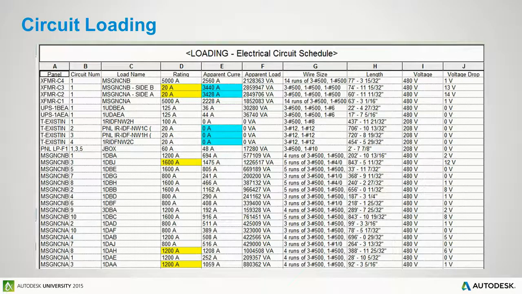So on this schedule, I've highlighted two things. First, I've highlighted the rating, looking at whether it's overloaded or not. Because sometimes loads change on us and we don't always go back and check them. So we're looking at whether the mains are overloaded. The other thing that I've highlighted on here is any circuit that has a 20 amp breaker. The reason I've done that,